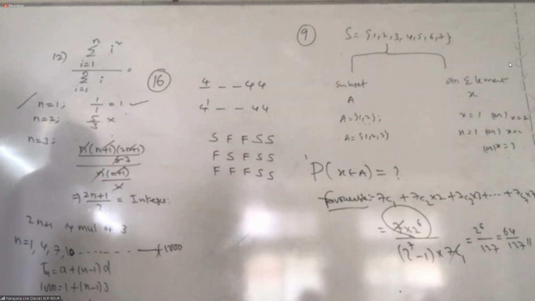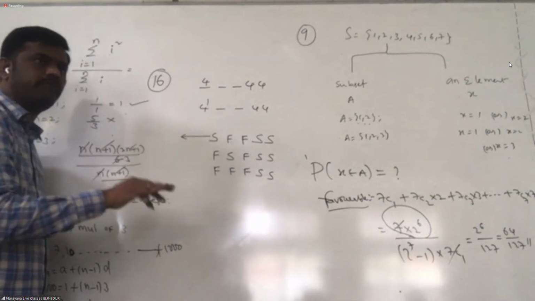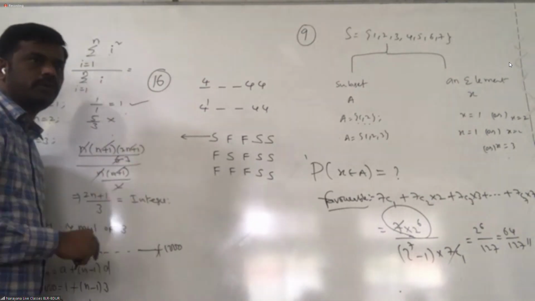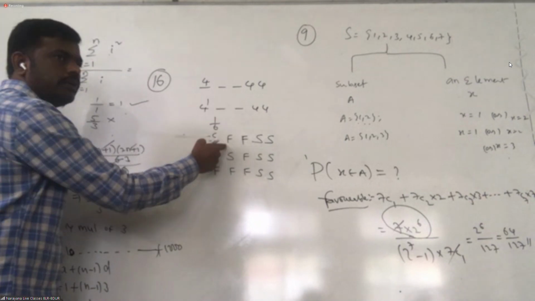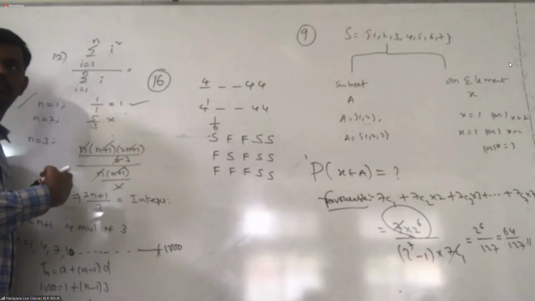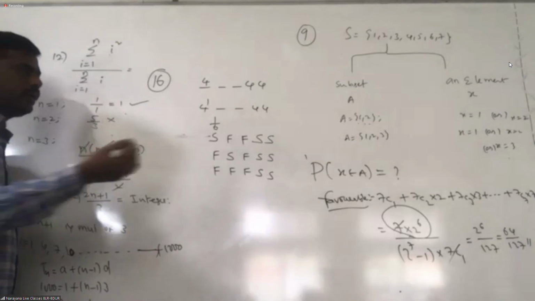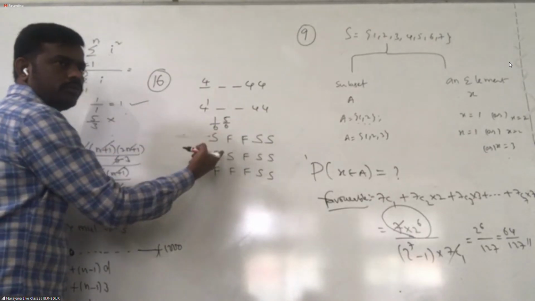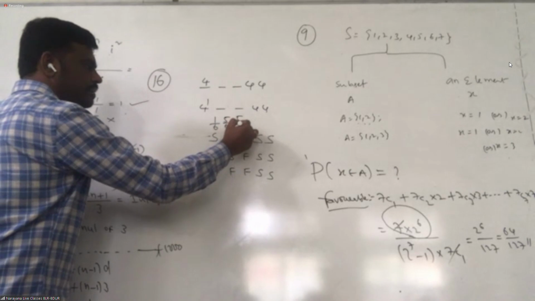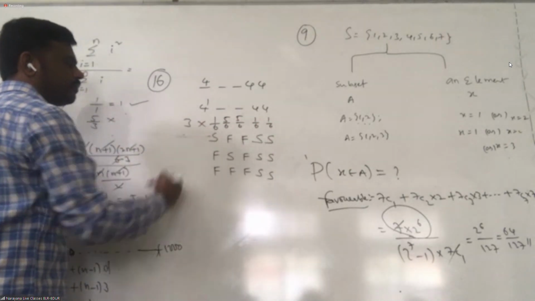Right. Then what is the meaning of success? Getting 4. Means what is the possibility? 1 by 6. Here 5 by 6. Is your try like one die only? Okay. Here failure means 5 by 6. You are not getting 4. Again failure means 5 by 6. You are getting success means 1 by 6.